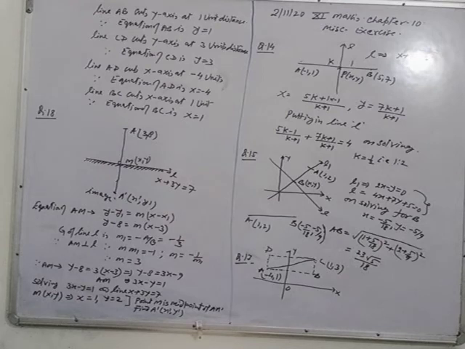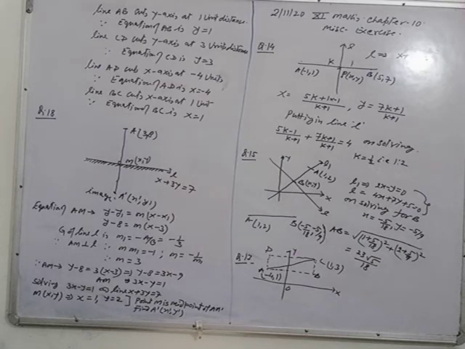Apply the one point formula for the equation of AM: y minus y1 is equal to m into (x minus x1). From the coordinates (3, 8), take x1, y1. So y minus 8 is m into (x minus 3). This is the equation of AM. Now for the value of m, here AM is perpendicular to the given line L. So first find the gradient of L from the given equation, that is minus a by b, meaning minus the coefficient of x upon the coefficient of y. So minus 1 by 3.